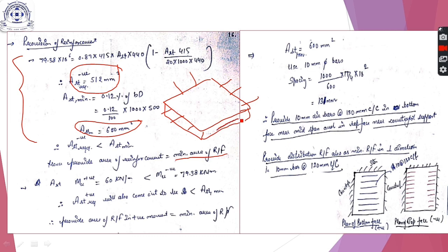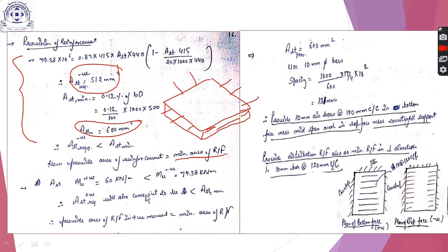So reinforcement is provided here in the midspan, which I have shown here in this plan, and in the top face we provide reinforcement due to negative moment near the supports. So I have shown these reinforcements in two phases, in the bottom face and in the top face. In the bottom face we have reinforcement in the midspan, and in the top face we have reinforcement near the